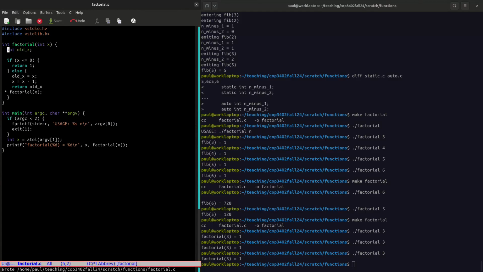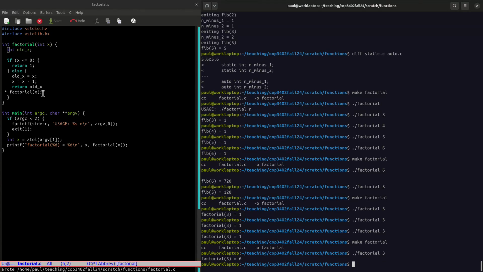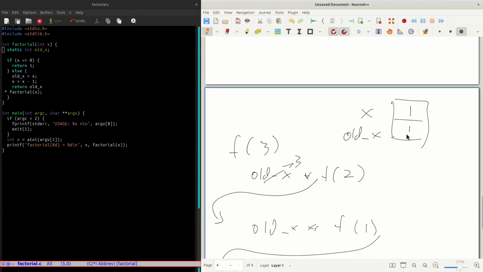Sorry, I just want to confirm that this actually works when you take out static. So anyway, the fact that we're reusing the same state every time,